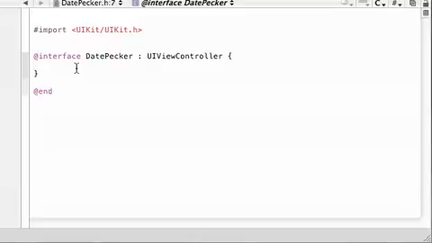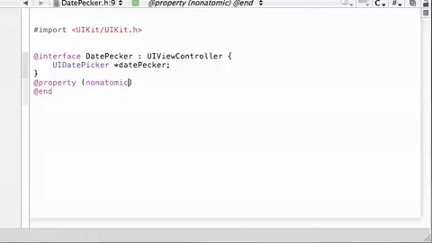And the first thing that we're going to want to do is add an outlet. What this outlet is going to allow us to do is, once we have that date picker on the screen, get the value from it and then do anything we want with it. So UIDatePicker, and I'm just going to name mine datePicker like that. So now all I need to do is, of course, @property (nonatomic, retain) IBOutlet,